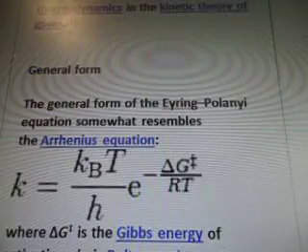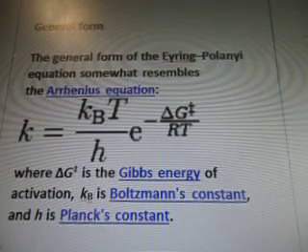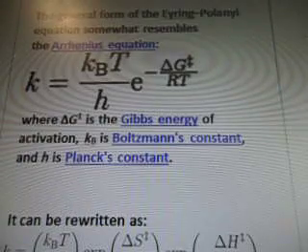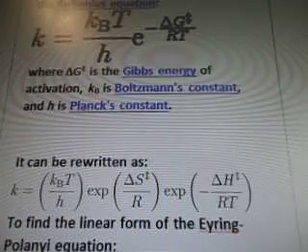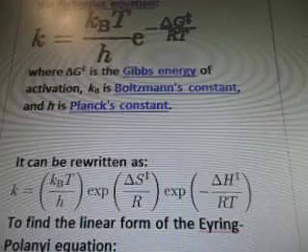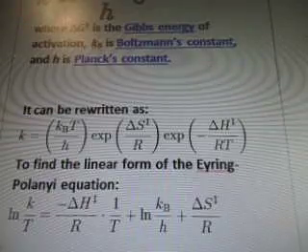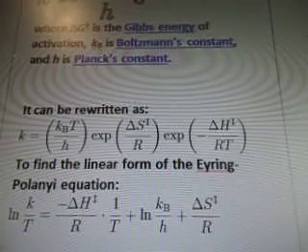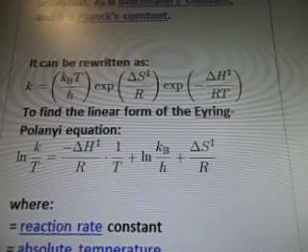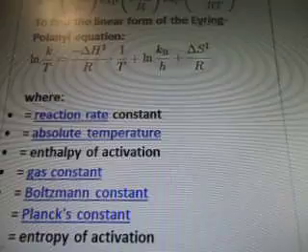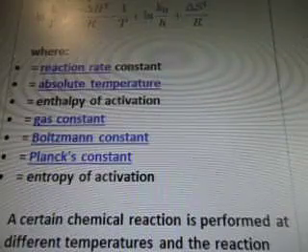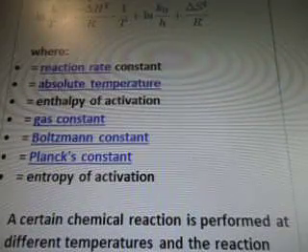General form. The general form of Eyring-Polanyi equation somewhat resembles Arrhenius equation, and there's the equation there, where the delta G symbol is the Gibbs energy of activation, k with the little b is Boltzmann's constant, and h is the Planck's constant. It can be rewritten as this equation. To find the linear form of the Eyring-Polanyi equation, there's the other one, where